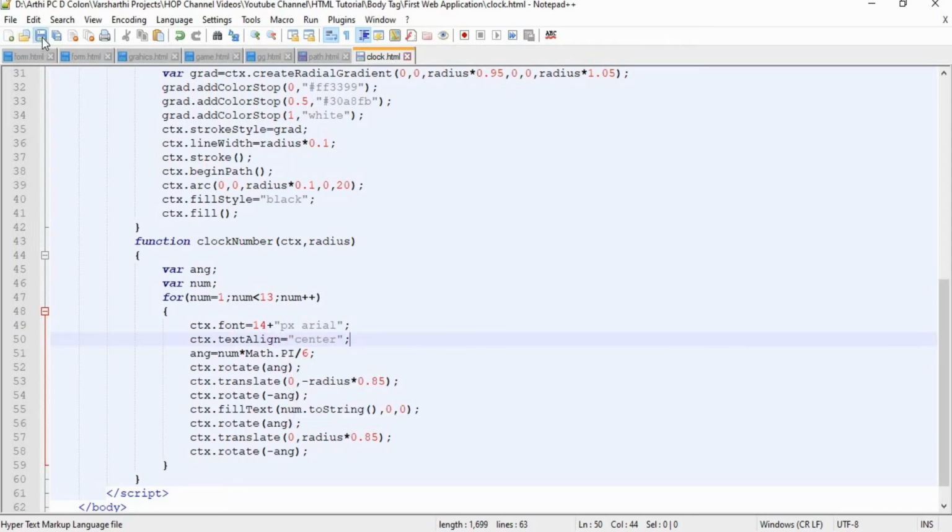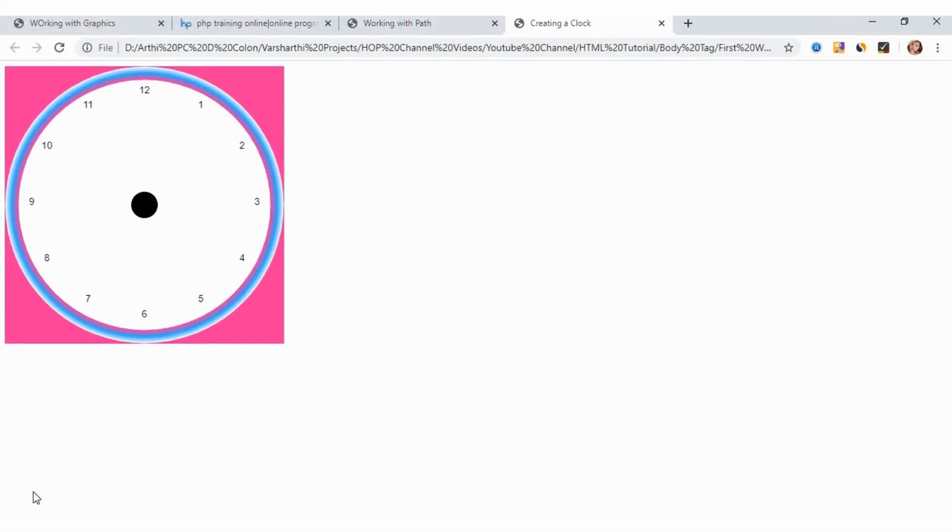Just save and run your program. So I hope this is fine, right? So the next step is to provide angles, right? So now we have to calculate the timing and we have to draw lines for the minute hand, hour hand and seconds hand, right? For this, these three lines should be displayed depending upon the time, right?